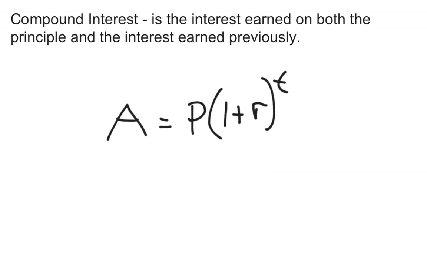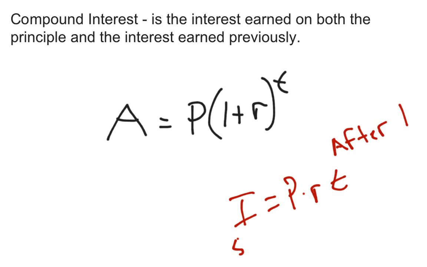So now we've got to talk about compound interest. Compound interest is the interest earned on both the principal and the interest earned previously. So sometimes, if they say that you're going to borrow money for, let's say, 5 years, compounded annually, that means they're going to compound it every year. So what they do is they go ahead and figure out the interest. They do I equals P times R times T, all right? And they figure out that, okay, after 1 year,